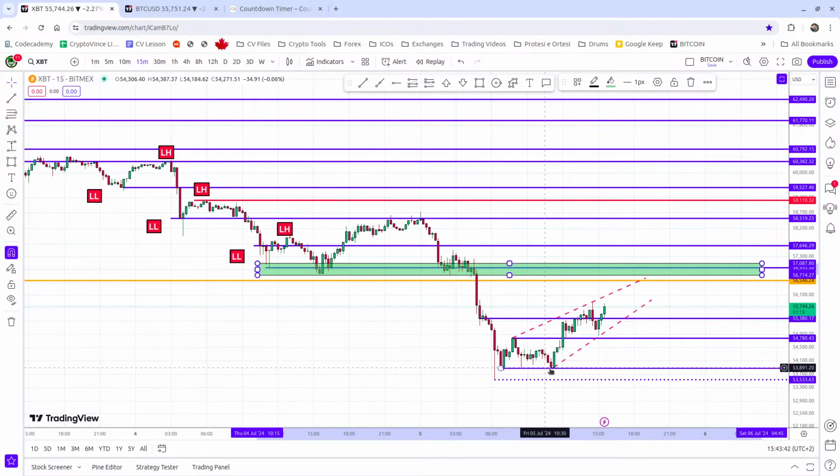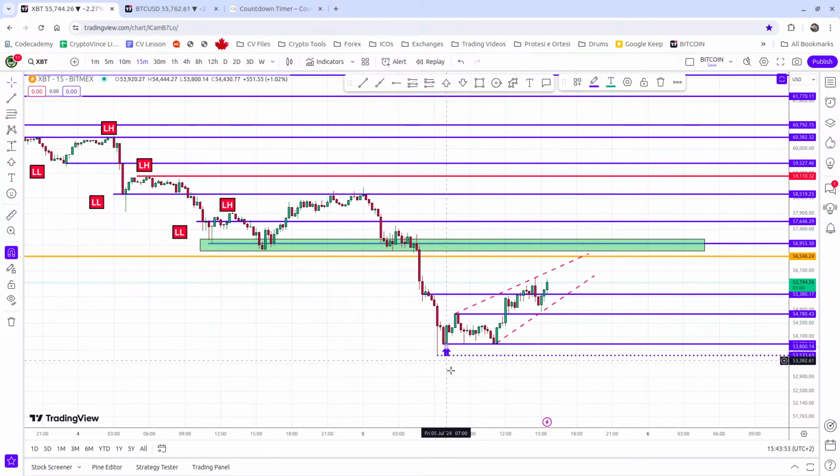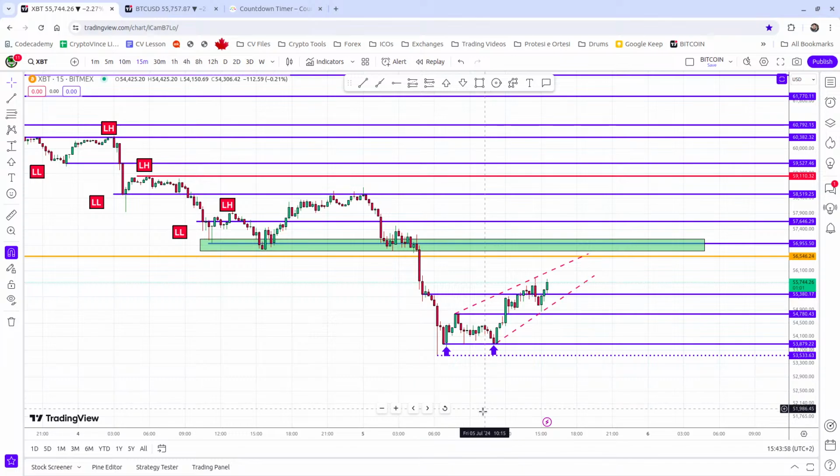I don't know if you guys attempted a long position. I was not trading, so I was not able to enter in this one. If you guys entered, maybe you entered because it formed a double bottom pattern, and it broke the lower high. First broke, retest here, went up, retest, and it keeps going. So if you are in a long at the moment, it might go all the way up to 57k,